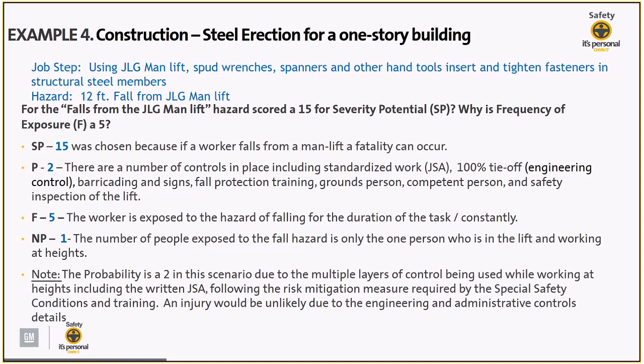So just a note here, just a reminder, probability of occurrence is 2 in this scenario due to the multiple layers of control being used while working at heights. Once again, we talked about the JSA, but more importantly, we're saying that they followed the risk mitigation measures listed in the special safety conditions, risk mitigation sections, and training. So because they've done all that, we're saying an injury would be unlikely due to the engineering controls and